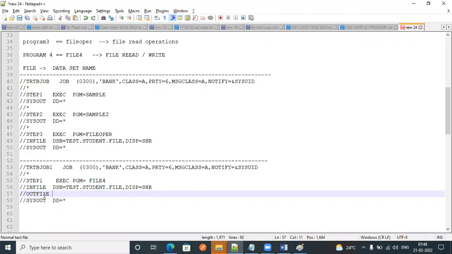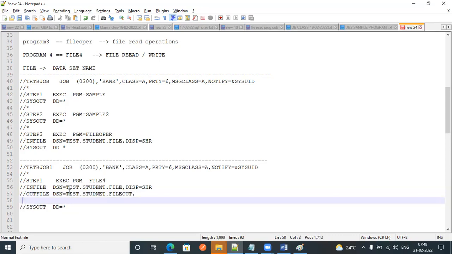Output file, same thing, dsn equal to test dot, we can keep any name over here, student dot file out, comma.